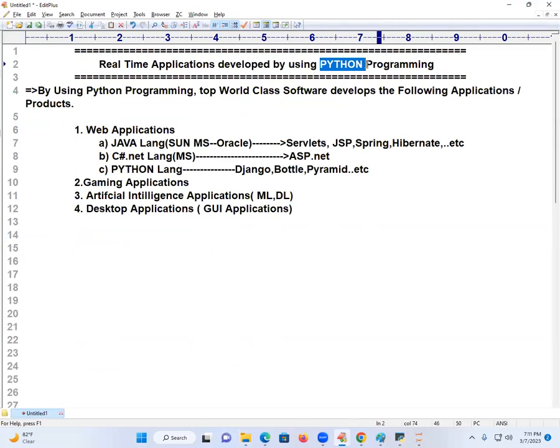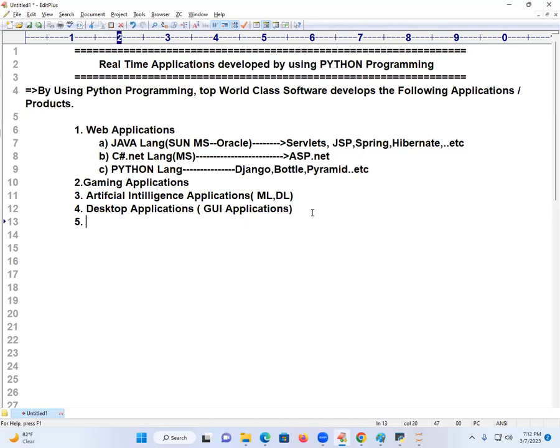In Java also we can develop. C#.NET also we can develop. If I write 100 lines there, here I will write only 10 lines. What is the beauty behind that? Readily available libraries are provided. That's why Python is not theory. Python is totally what? Modules. Always module. So go to the next application.